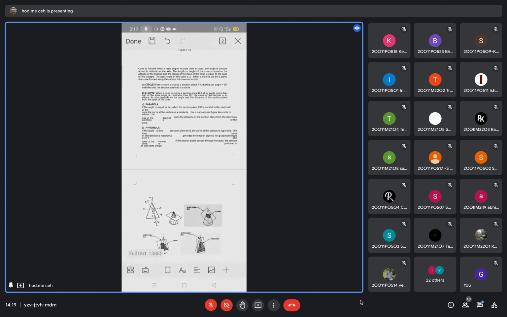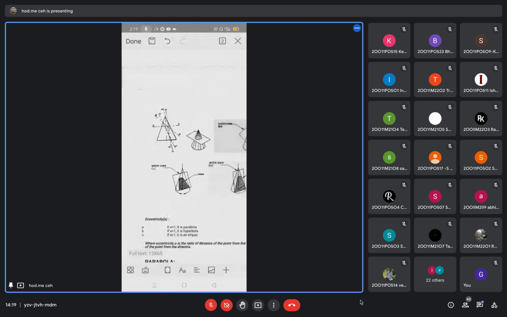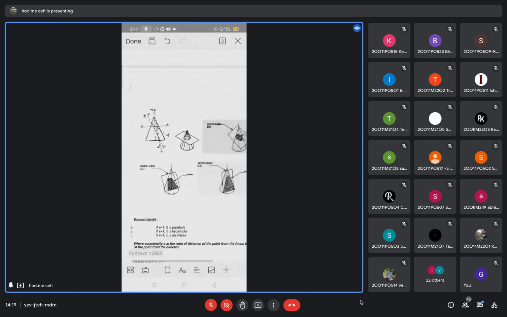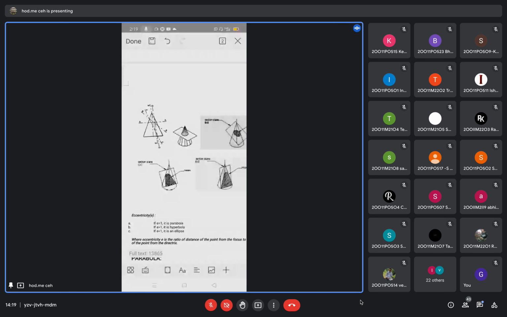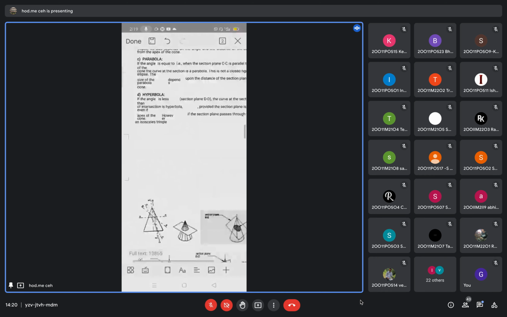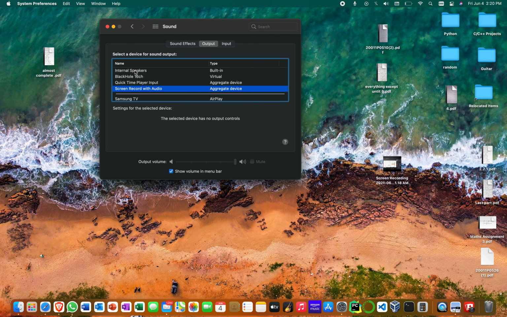Okay, practically go to the diagram and you can see the different conic sections. The section planes CC, DD and BB are used in all the diagrams. The first one is the circle, the perpendicular section. The second one is a parabola. The third one is a hyperbola. The first one is a circle, the second one an ellipse, the third one